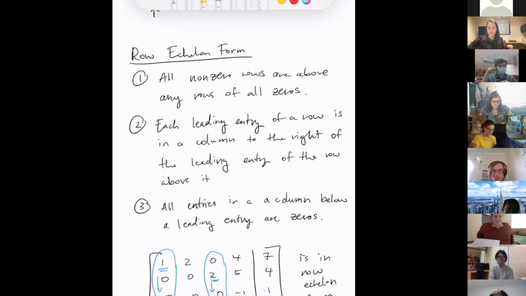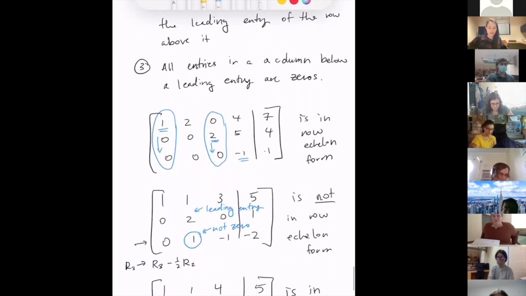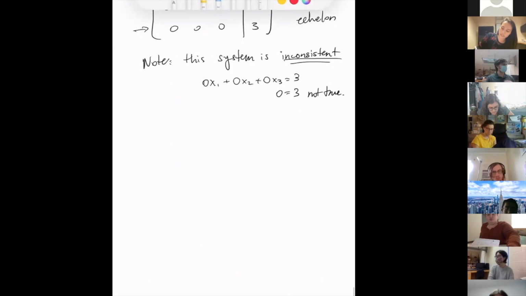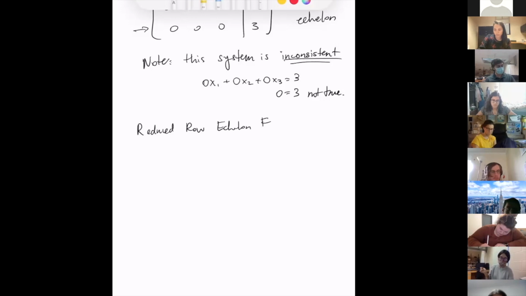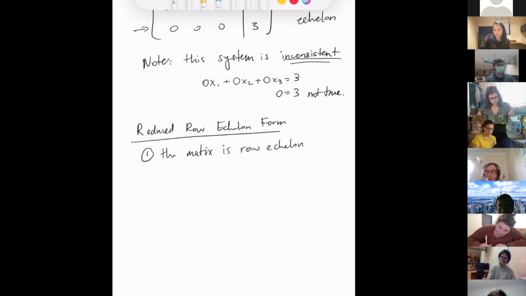Okay, so here is row echelon form, and then there's one more thing, like I said. It's just a little bit better than row echelon form. It's called reduced row echelon form. Okay, and so the conditions for this: it should be in echelon form, so in regular row echelon form. And then also